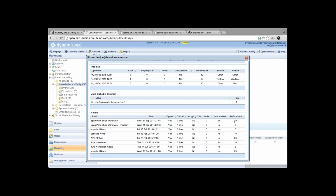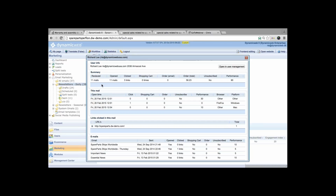So again, this is sort of alluding to what Marketo does, where every time I'm doing a certain behavior, and what that behavior is and what that score is, is completely customizable on your end. So you can say, all right, if a customer opens up an email, that's basic. Outlook just opens up an email just by you showing a preview. But if they actually click on the link, that's when I want to start giving them points. And here it's giving them points based on their behaviors, clicking on links, opening up an email, possibly going to certain product pages, and then collectively, my performance score over 11 different emails that have been received by us,